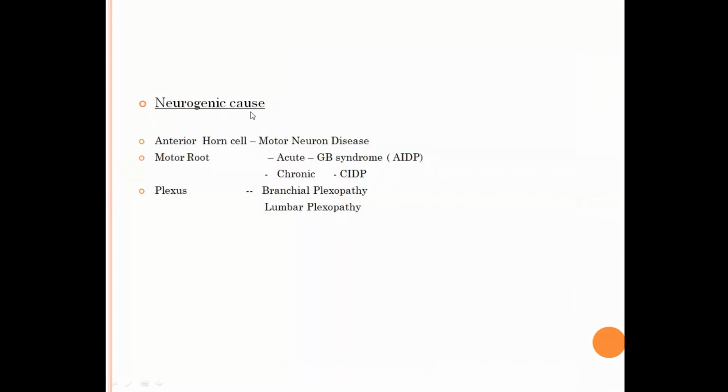Last time we told the neurogenic causes of proximal muscle weakness. Most important is GB syndrome if it is acute, or it can be chronic, it can be CIDP. Don't forget, last time I told you about a patient of long-standing diabetes who has difficulty getting up from a chair. He has a proximal muscle weakness. It is because of diabetic radiculopathy or diabetic lumbar plexopathy, and they benefit immensely with steroids or IV IgG. Don't forget, it's a very common problem.